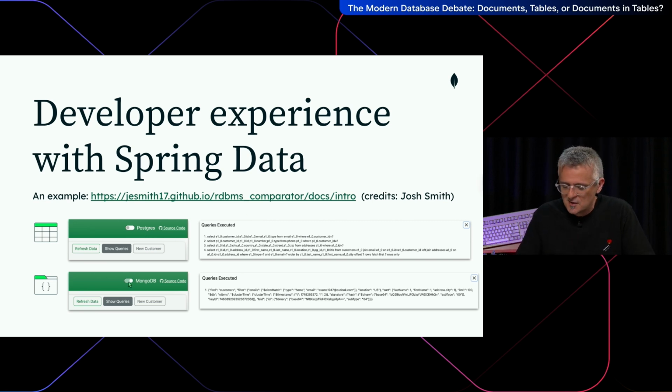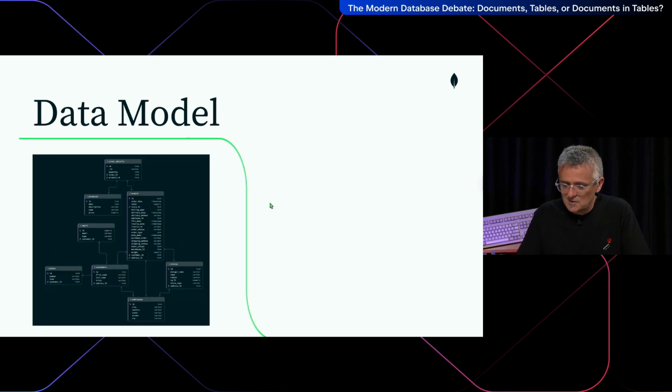So for example, for the same query that was just finding customers and orders, you can see that when you are on Postgres with an object relational mapping like the default in Hibernate, you will have many queries sent to the database, whereas the same on MongoDB should be one single document. He built this application that you can run, and also good documentation on it, showing the two data models.